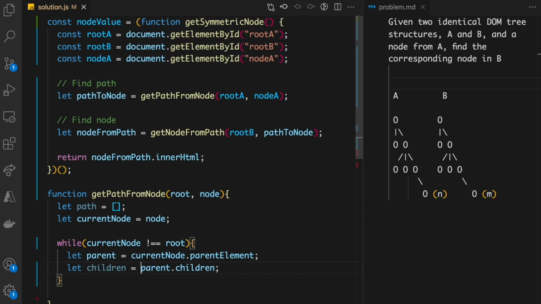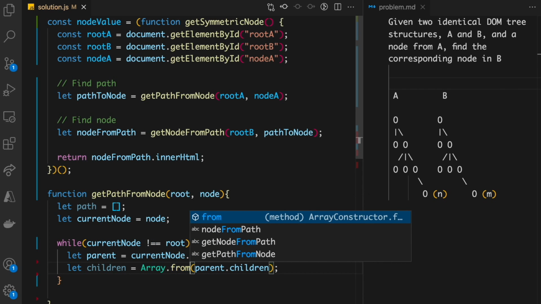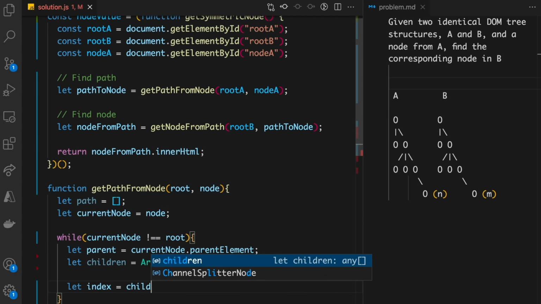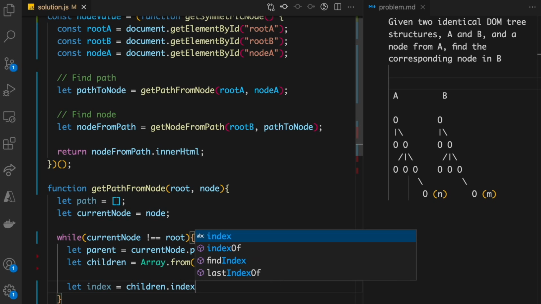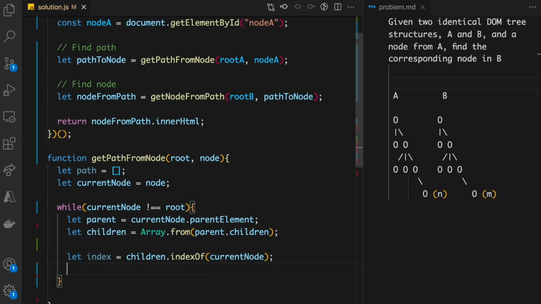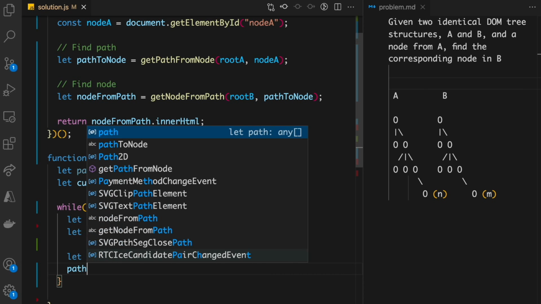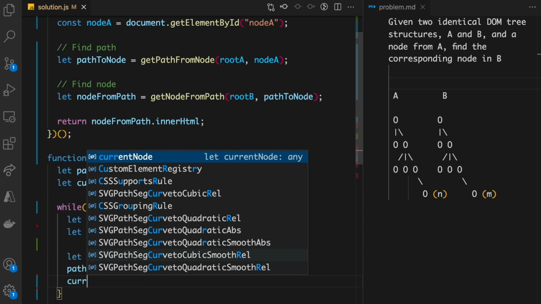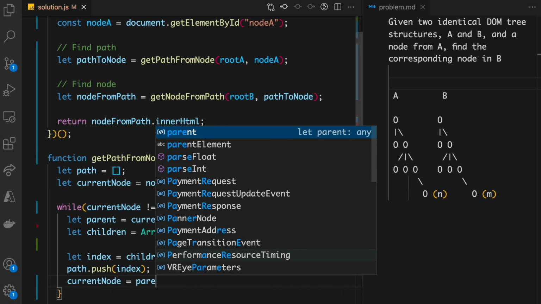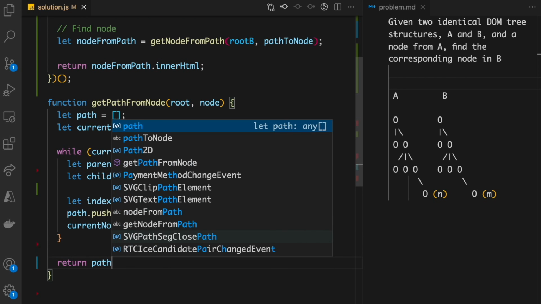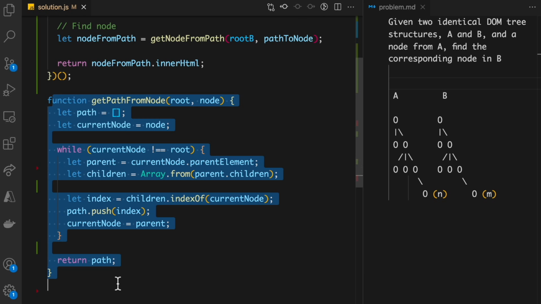Now remember, I told you that children is going to return an HTML collection, so I need to do Array.from to get the actual array. Now I have the children, but I need the index of the child, so I'll do children.indexOf this current node. Now I've got the index of the current node. I'll push the index of the current node into the path array like so, and I'm going to move upward by doing currentNode equal to parent. Now when this loop completes, we will have the entire path array.